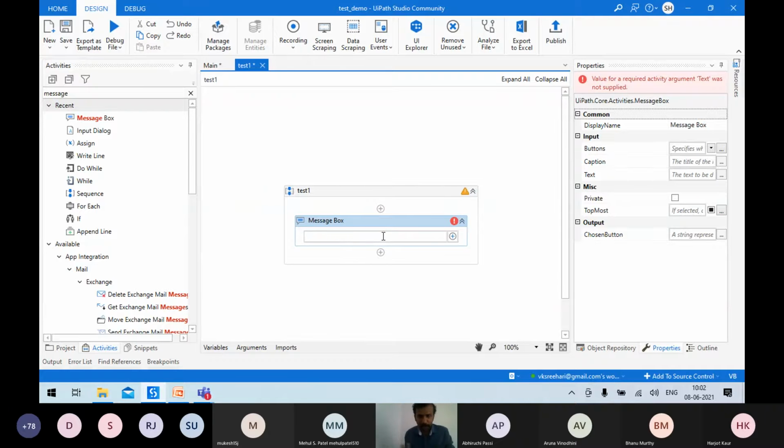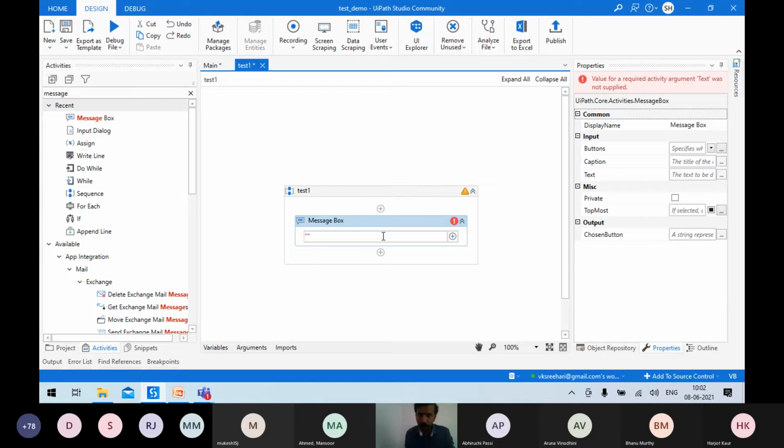So what is the message we need to type? We need to display a message, Hi, welcome to UiPath. So inside the message box, whatever you type will be displayed.